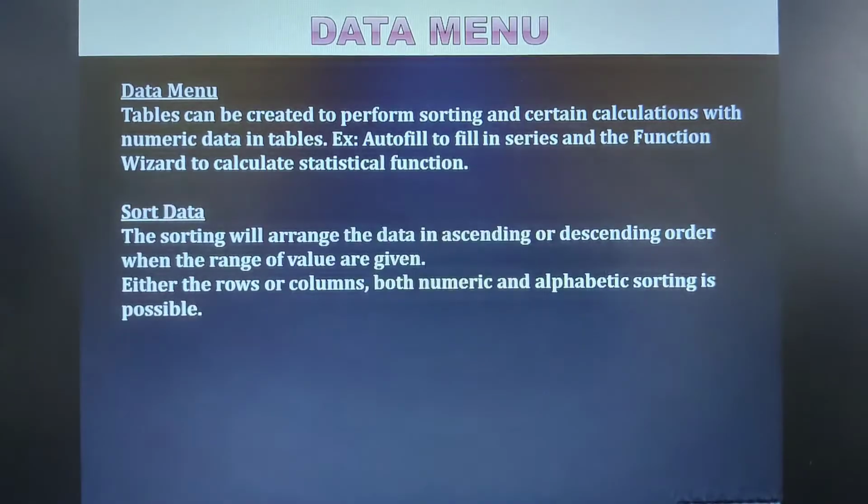The first operation is sort data. Sorting helps you arrange your data in either ascending or descending order. But before that we need to select the range of cells, and on the selected range of cells we can perform the sorting. The ESS, that is the electronic spreadsheet, supports alphabetic as well as numeric sorting. Apart from it, it also helps you sort based on date, values, and even color. All these options I'll be showing you practically.